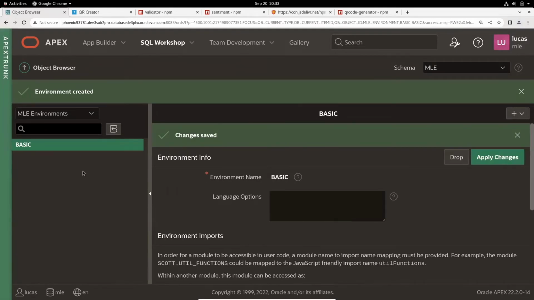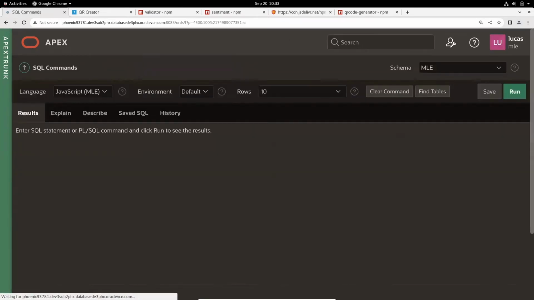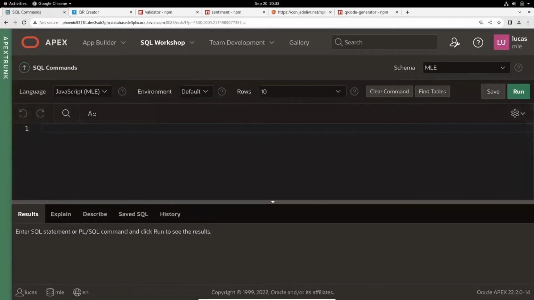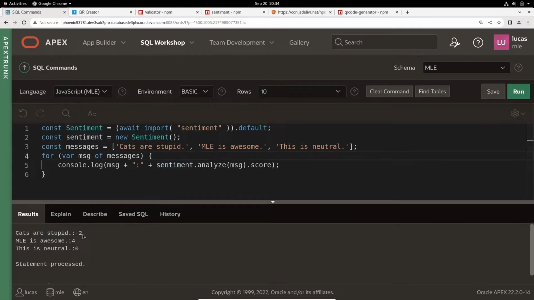So save that environment. And when we now go back to the SQL command, trying again to execute our JavaScript statement, you see this environment drop down here. So we select the basic environment, which now tells us that sentiment actually refers to the sentiment module. So if you now run this, we see cats are stupid is a negative sentiment, MLE is awesome, +4 is a positive statement, this is neutral,